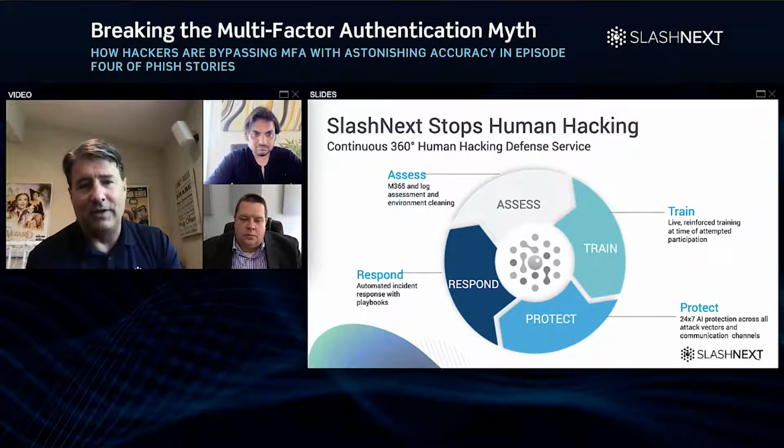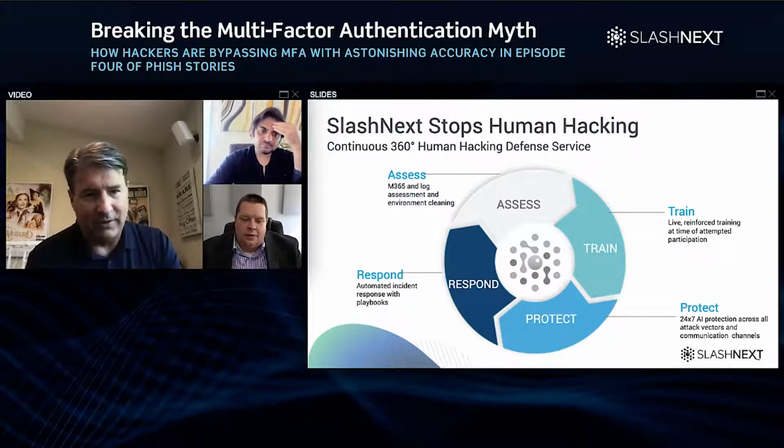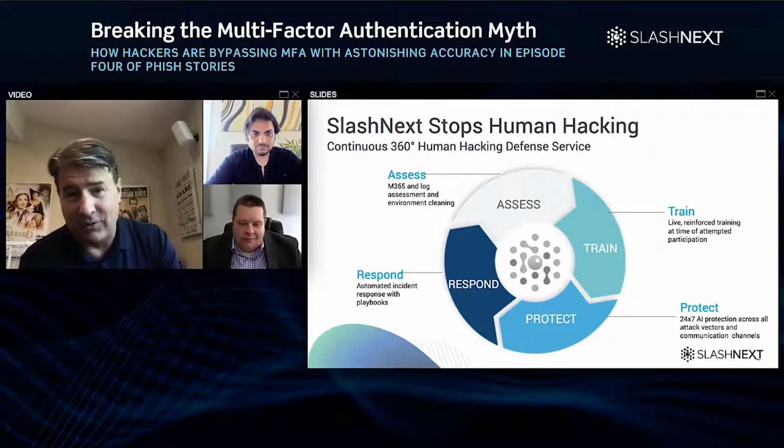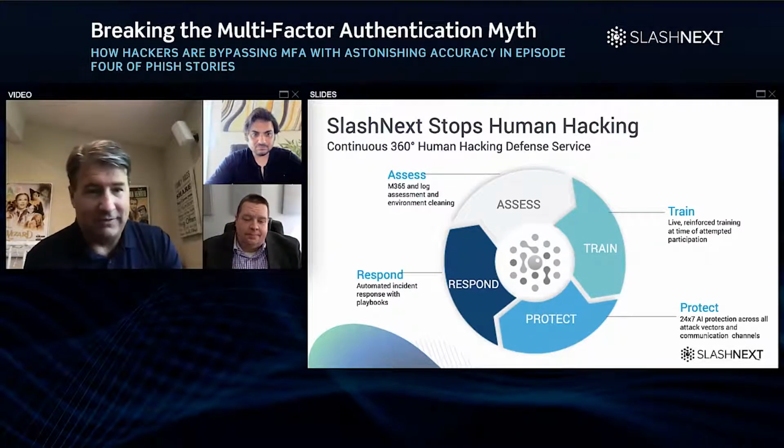And yet, if you think about it, on the user side of the house, through training and these other methods, we're trusting a human to stop this process. And it's simply not possible. Too much goes on in your daily life, and there are too many attack vectors now. We've mentioned email, but a lot of kids, I say kids now, don't even use email as their trusted source. It's text, it's Discord, it's Slack, it is many different other communication channels.